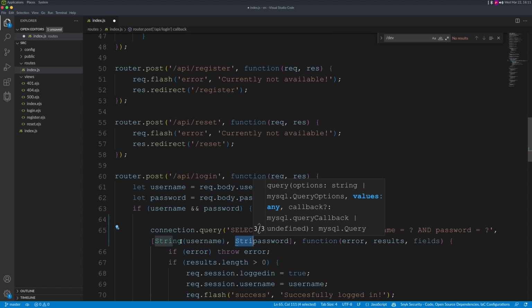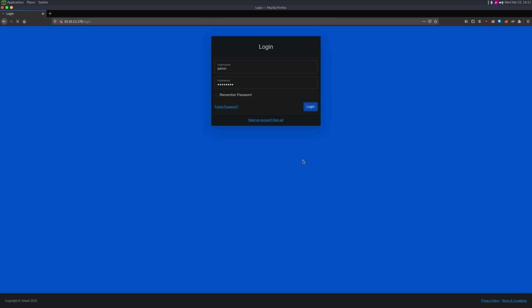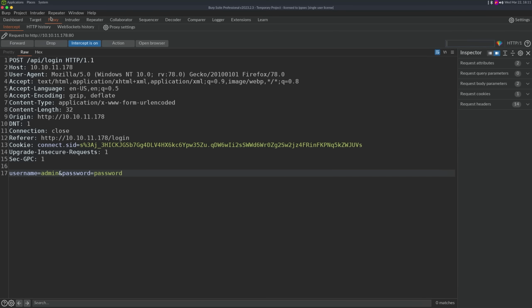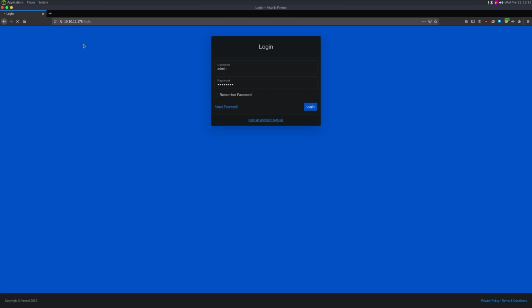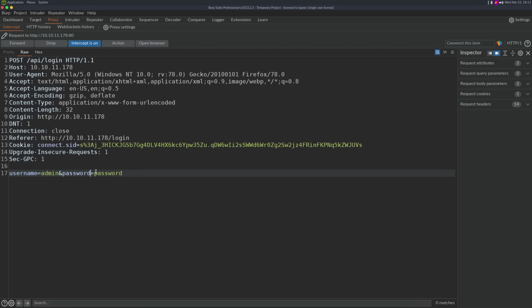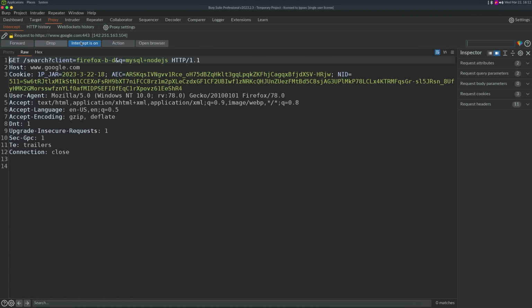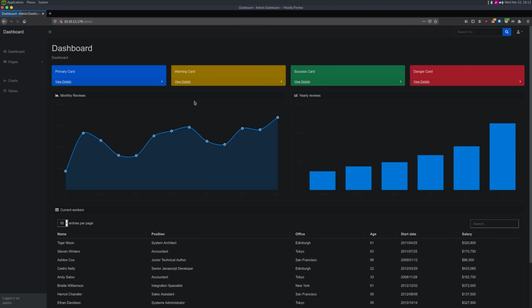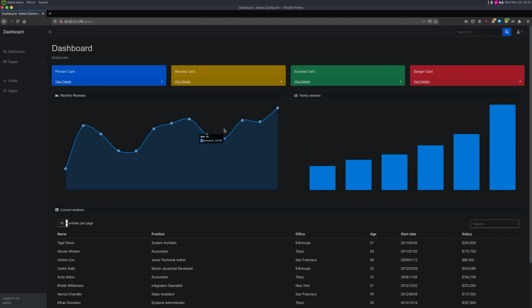Let's go log into the application. So let's intercept this request. Go to proxy. Am I intercepting right now? I am. So I can just do password 1. And then we send it. And we get logged into the admin dashboard. So if we click around here, there's not really that much in here other than a link to this analytics page, which brings us to